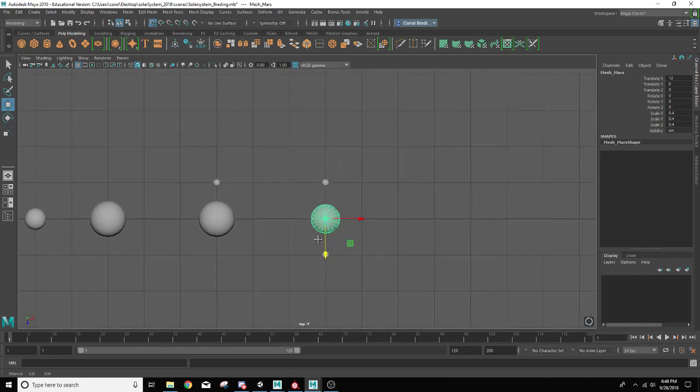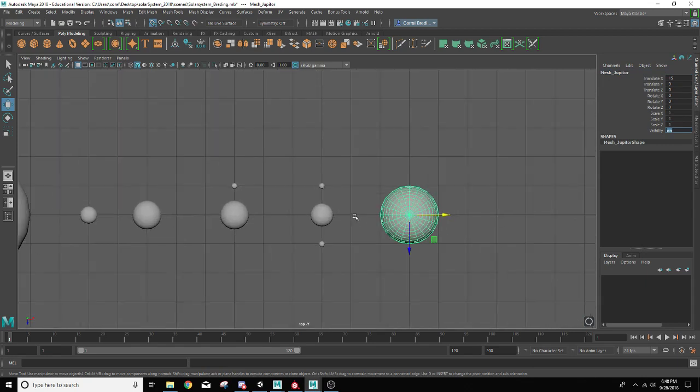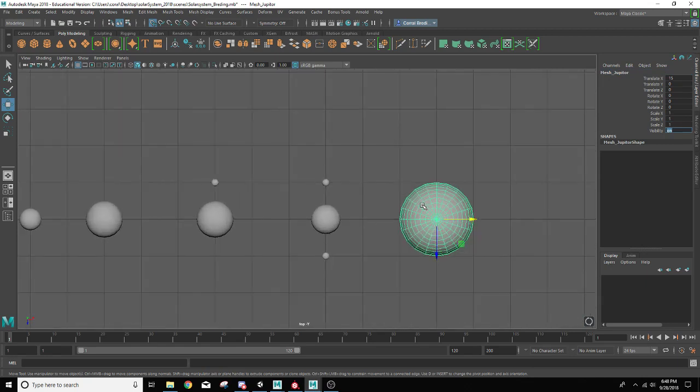This one is going to be Jupiter. So I'll go ahead and hit Control D for Mars, move it over a bit, and we're going to call it Jupiter. Okay, and we're going to set the scales to 1 for this guy here. All right. And Jupiter has a bunch of moons, so let's go ahead and we're not going to do all of them. I think it has over 60. So let's just